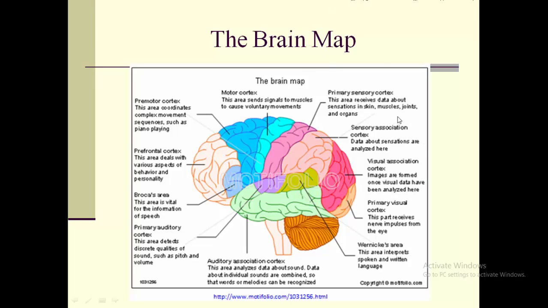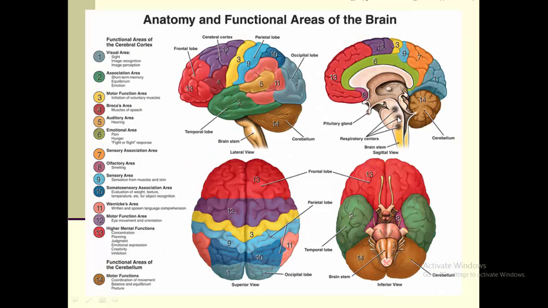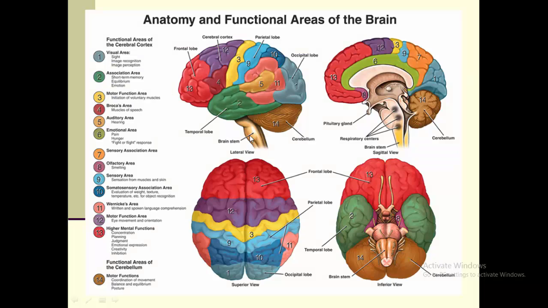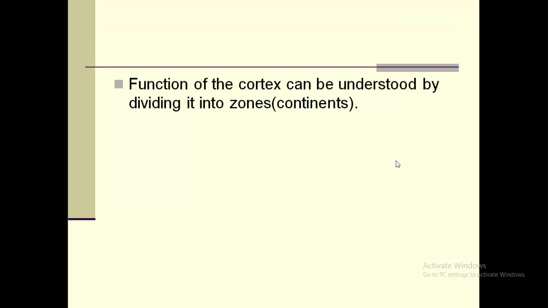We have what we call the brain map. More colorful pictures of the brain map, numbered and named, and the function of each area well demonstrated and well studied. You can study the function of the cortex by dividing it into parts, exactly like you divide the world map into continents. This is what you get, this colorful designation. Area 1, Area 5, Area 3, each and every one of these is responsible for a particular function in a particular area. This is what you call the brain map.